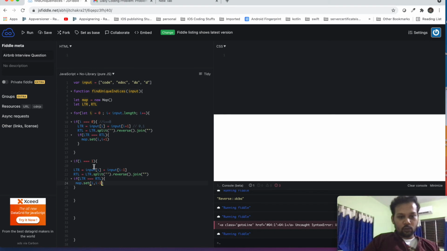So these are the two indexes we are comparing, so that's why not I minus 1. Yeah, so here we are comparing these two indexes, so if it is same, then we can store the two indexes, or else if it is not, in other cases, so what we can do, else, then I